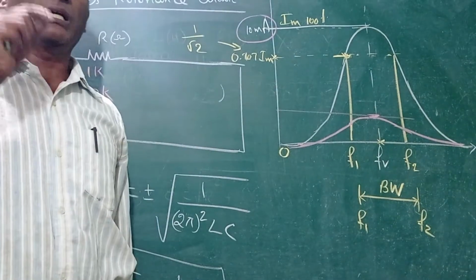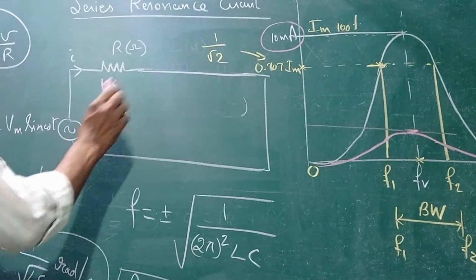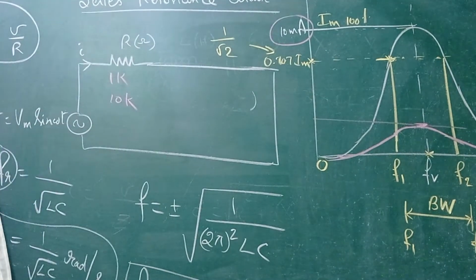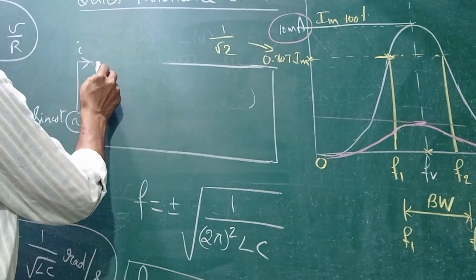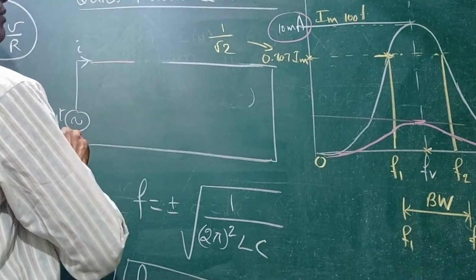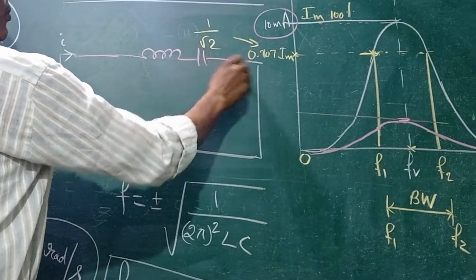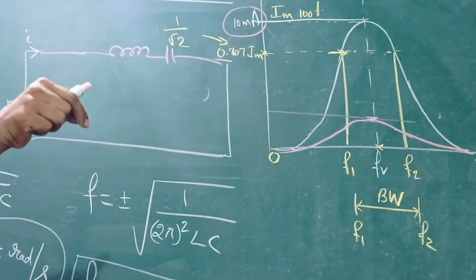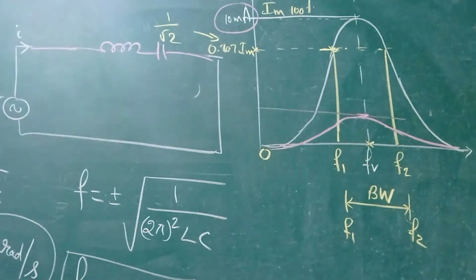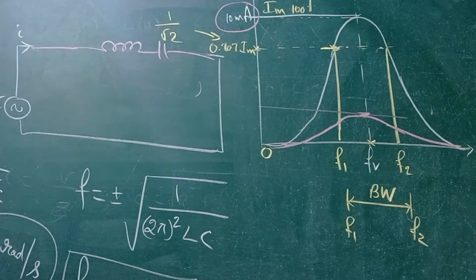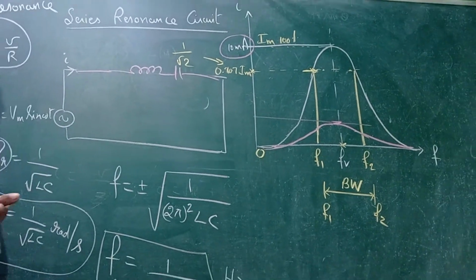But for the ideal case, what I said, R value ideally has to be 0. That means there is no resistance at all. This is the ideal case, but this will not happen in the world. Ideal case is this is 0 and you have only L and C in the circuit. Both are ideal inductance and ideal capacitance. That means an inductance without resistance and a capacitance without resistance. That cannot happen in practical conditions.